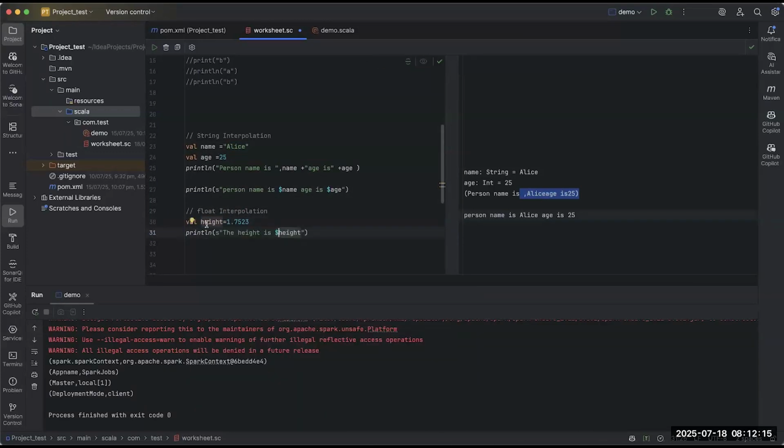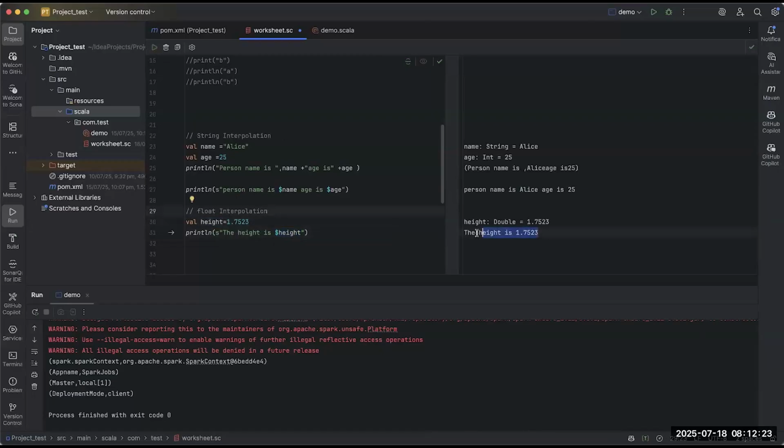When you give the dollar, it will take the variable. It will understand that this is not a string but some variable which you have used earlier. See, it gave you the full thing, right? But let's suppose you want to print only two decimal places, not all. If you want to print the full result, then you can give it. But let's suppose I want to trim it to just two places.